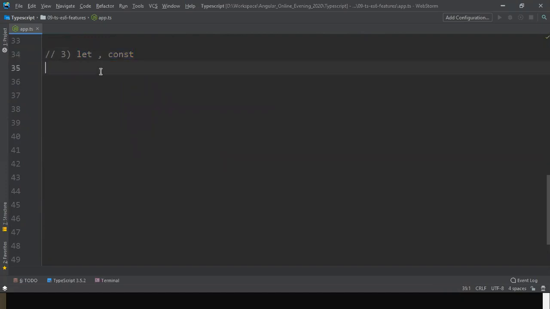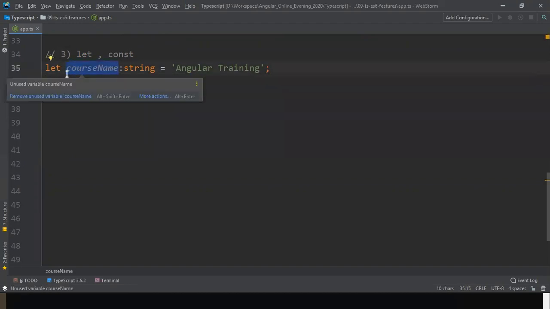For example, let courseName, camel case, courseName of type string is equal to Angular training. Okay, so if it is declared as let, you can change the value because it is non-constant.